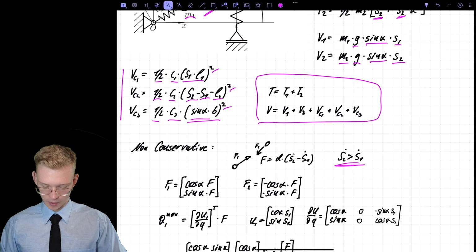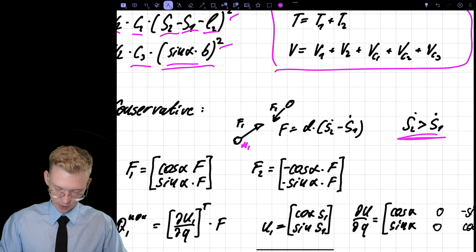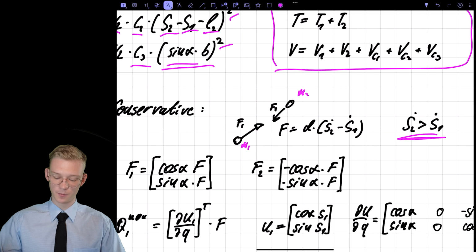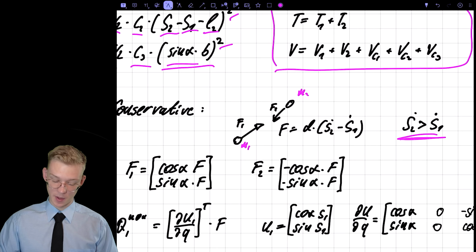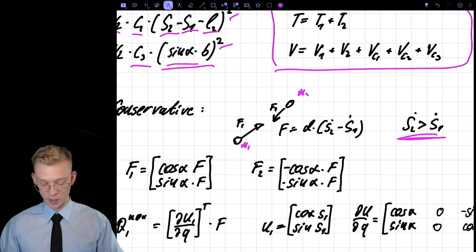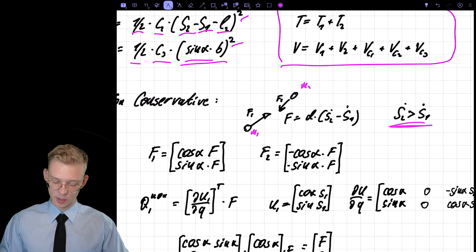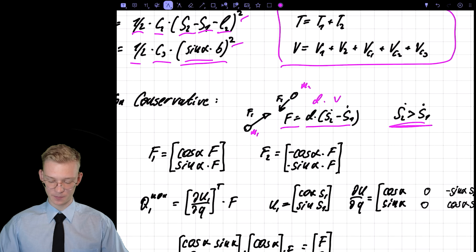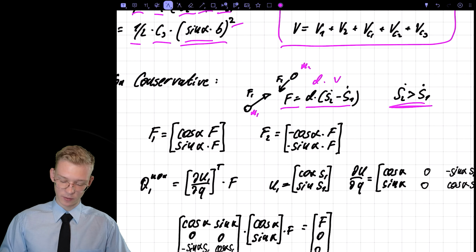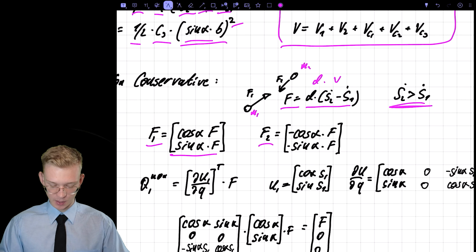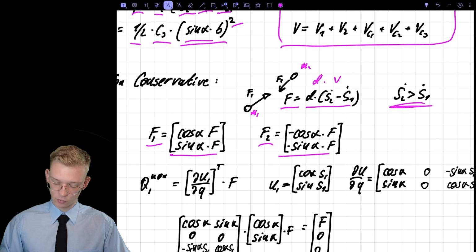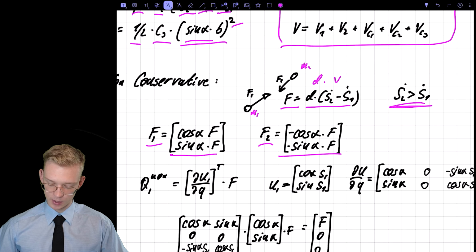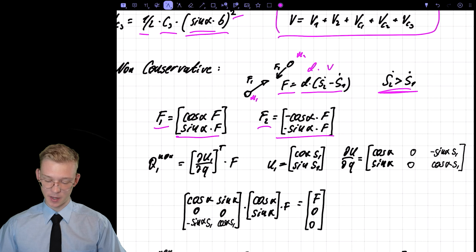So this will be our free body diagram, that we have mass 1 here and mass 2 there. So we'll push mass 2 back, or we try to hold it back, and we try to pull mass 1 along with us. So this is our force that is proportionate to d, the constant of the dampener, times the velocity that we're moving. Now we deconstruct the force into cosine and sine. For force 1 on mass 1, we have cosine alpha times F, and sine alpha. For mass 2, we have the same thing, just with different sign at the beginning. So it's not a plus, it's a minus.